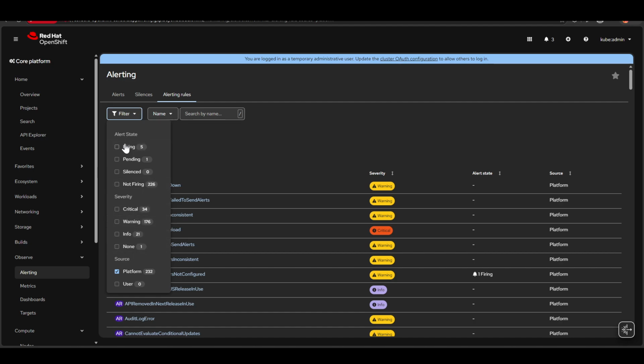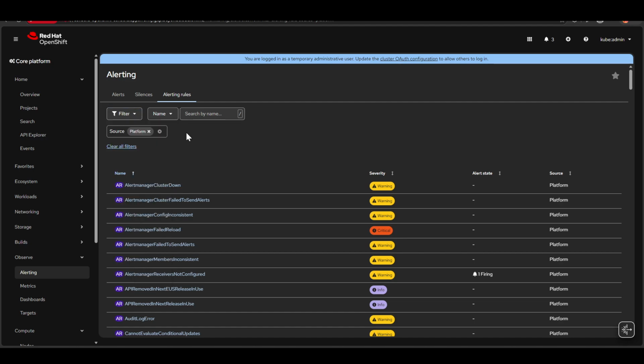They may also ask about the alert state, but it's not very often. The alert states are firing, pending, silenced, and not firing. It's very unlikely they would ask for an explanation of these,